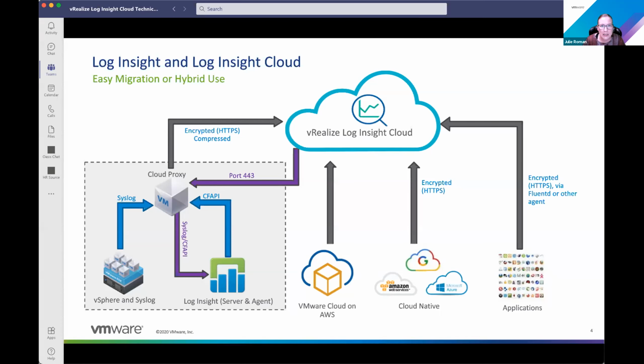So it's per gigabyte, and you can do on demand or subscribe to 1 or 3 year contracts. But anyways, there would be a period of time where you would forward logs between the two, and it's really easy to just set up a Log Insight endpoint and Log Insight Cloud to forward those logs back on-prem for whatever time frame you need to.